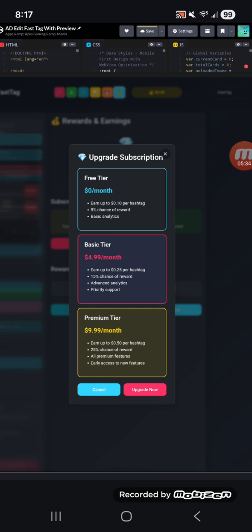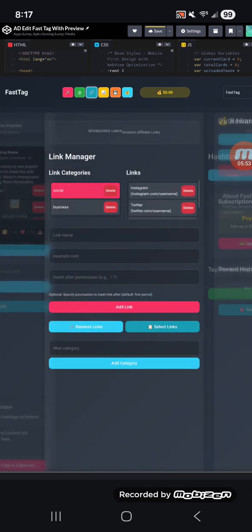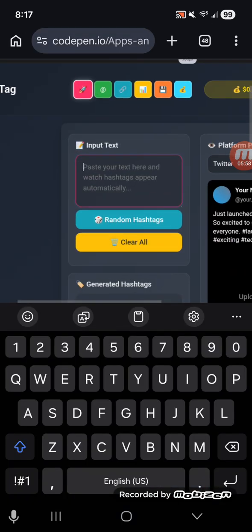So you can get that 10 right back. It increases the chance of being rewarded through money tags. Okay, it increases those drastically. So let me select that one. Let me upgrade now. And now when I go back and begin to generate hashtags within the field,